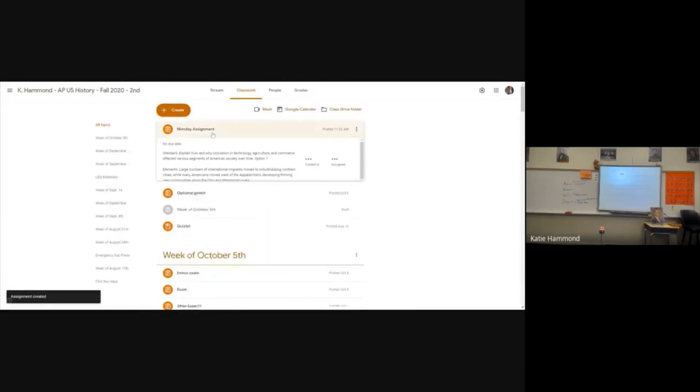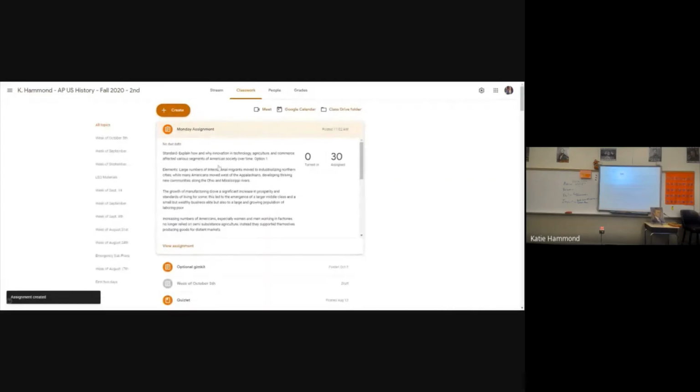Okay, guys, so I have this online. If you see right here, it says standard. And that's option 1, this standard right here. And then the elements are, if you focus on the elements, your answer